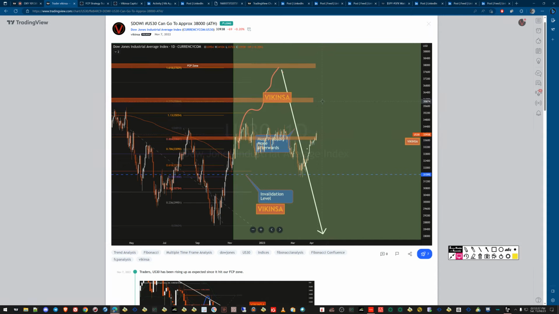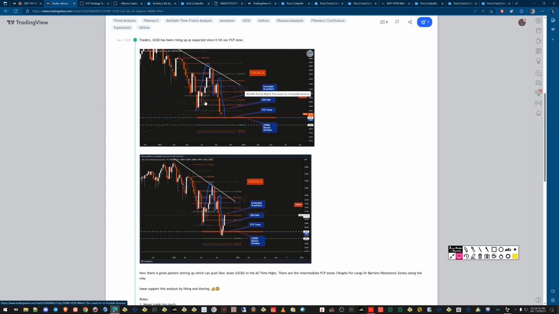And the next level it can reach is approximately 35,874. Now, all of these are based on certain things, which are if any kind of black swan event or any of the major news event or anything like that happens, then it may not happen. But I'm just looking at the higher time frame chart patterns, and they are so far working perfectly. And this was the history.